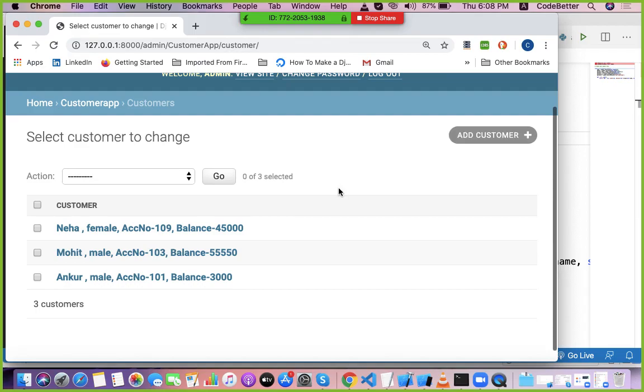Now we have created views and we have created models. Now let's work on this model.